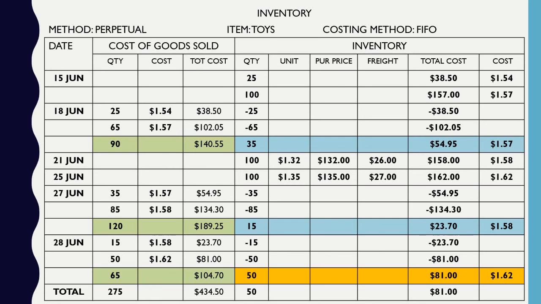Okay? And that means my ending balance is correct, right? I do have 50 toys left, but my costing is at a total of $81 even. And my total cost of goods sold was 275 units at a grand total of $434.50. Okay? So again,